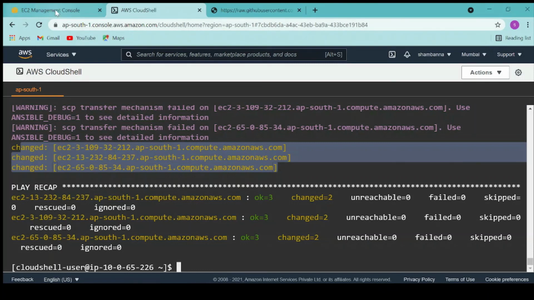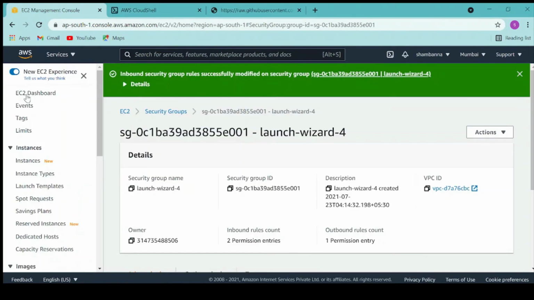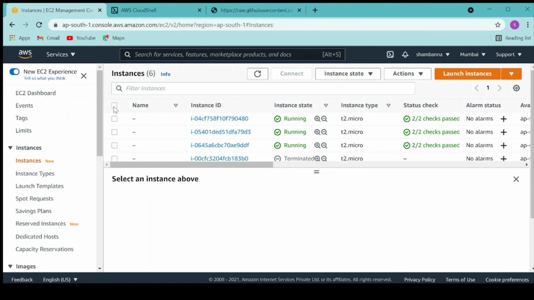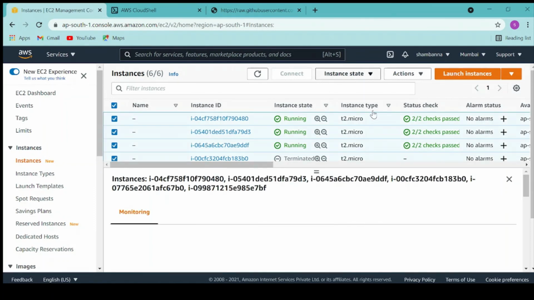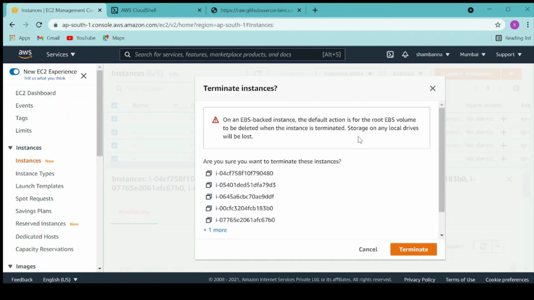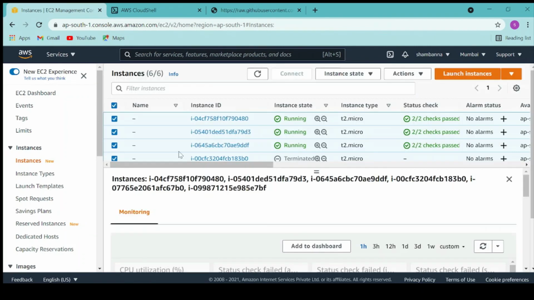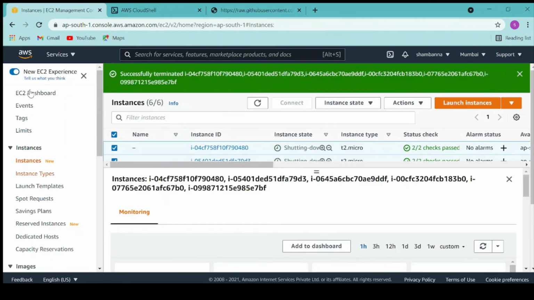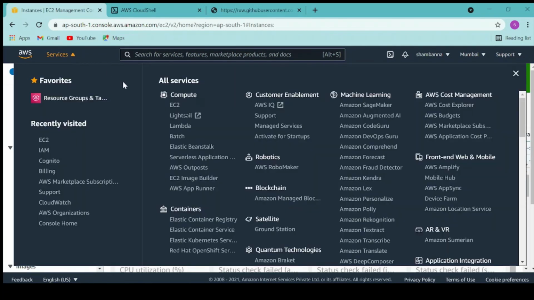So let's go and delete the VMs, or else it will be costing. Just go and terminate these VMs, and once you have terminated, let's go to IAM and delete the user which we have created.